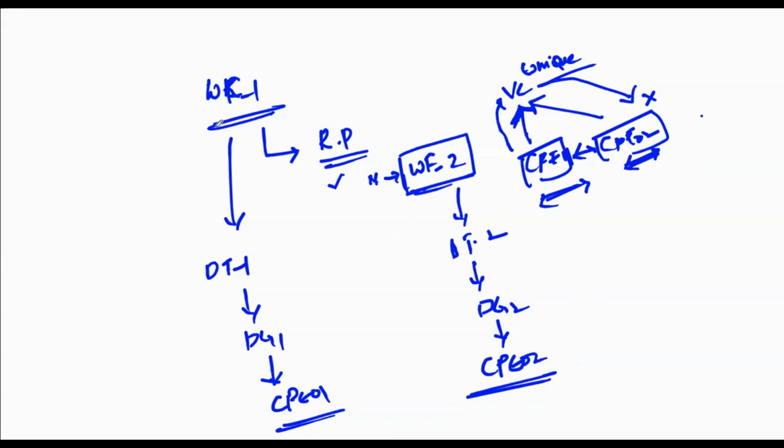Right, so coming to the configuration part, we'll create a workflow template 1. Then we'll enable the redundant pair, so we'll go with the workflow template 2. With the help of workflow template 1, device template 1 is created, device group 1 is created, and with the help of that, we create CP01. Now for workflow template 2, with the same workflow template, we just enable the redundant pair. So we get a workflow template 2. With the help of that, device template 2 is created, device group 2 is created, and with the help of that, we come up with CP02.